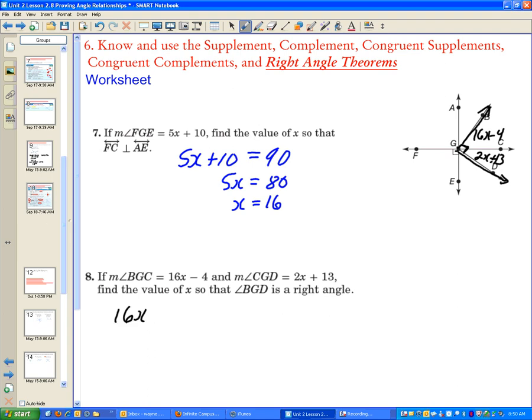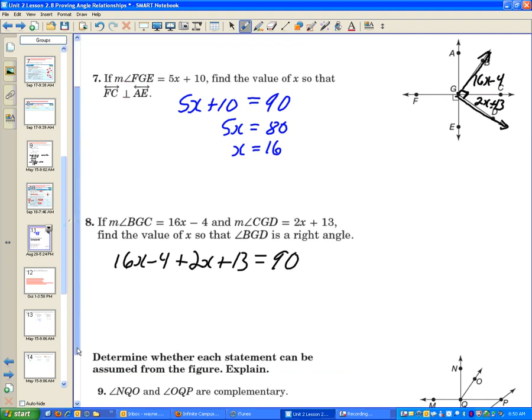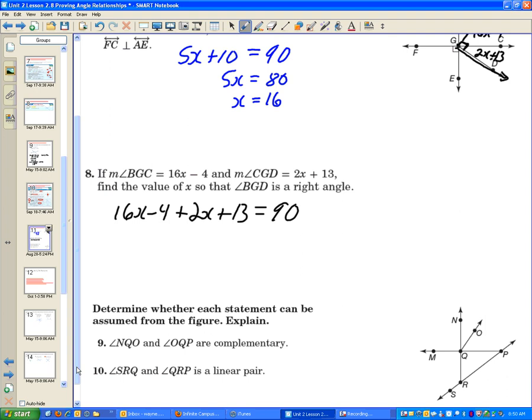So we'll take 16x minus 4 plus 2x plus 13, make it equal 90. And we did equations like this already, right, before this section, because they made sense. All right, well, 16x plus 2x gives me 18x, negative 4 plus 13. Now what? And we get